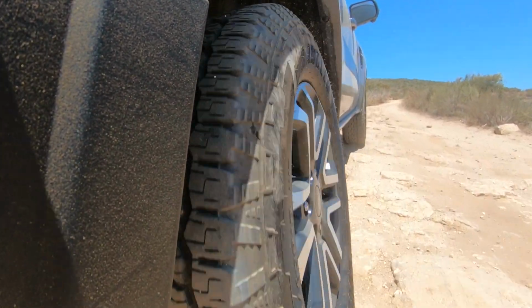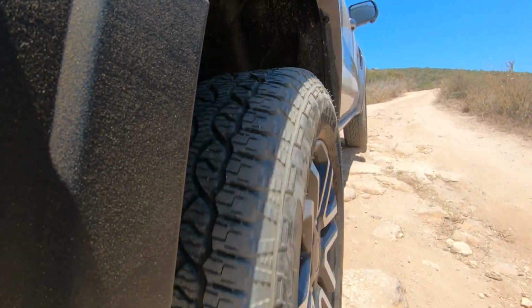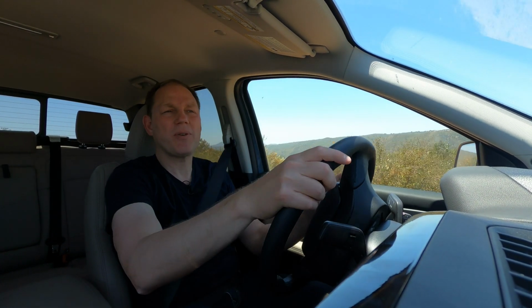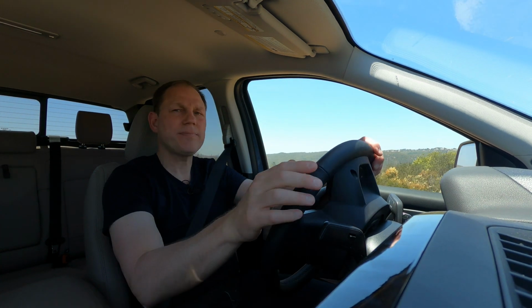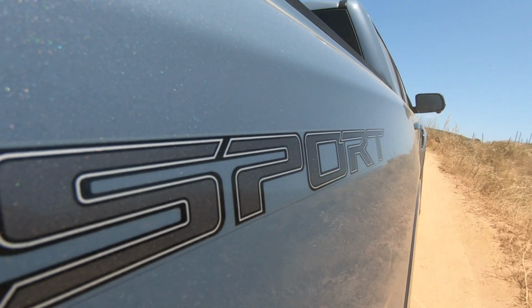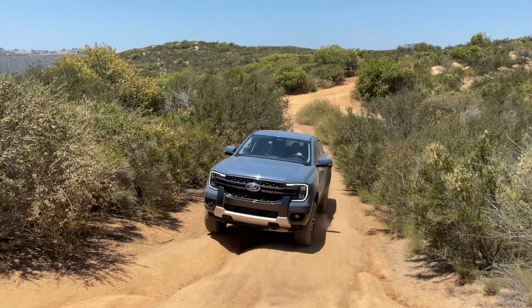Nevertheless, even if you don't actually need four-wheel drive all the time, the math for buying a truck with it might still add up. Believe it or not, the four-wheel drive and two-wheel drive versions of this get the exact same EPA combined fuel economy rating at 22 miles per gallon, and the four-wheel drive option is just about $3,500 more. And even if no one where you live needs four-wheel drive, if it has four-wheel drive, you can sell it to a lot more places. Further north than here,